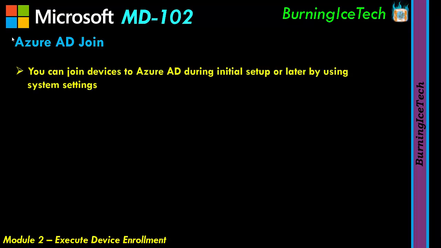You can join devices to the Azure AD during the initial setup or later by using system settings. At least that's what Microsoft says. Now, considering that they mention using system settings, I'm going to go to the assumption here that this is only for Windows devices, because you can in fact also join other devices like Android and iOS, like we just said earlier. So when it comes to Windows devices, during the initial setup, when you're about to install Windows or when